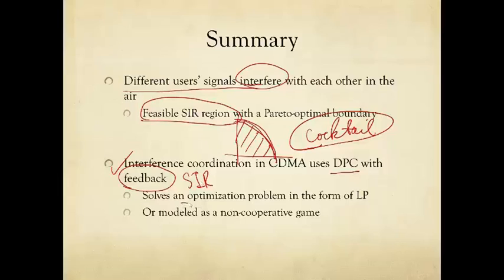And we saw that this can be viewed as a distributed solution to an optimization problem, which turns out to be a linear programming. Or we can model that as actions by intelligent agents in a non-cooperative game that models the competition due to interference. Both the conceptual points of interference, tragedy of the commons, negative externality, as well as the mathematical language, such as what defines an optimization problem and what defines a game, will be so frequently used over and over again in the rest